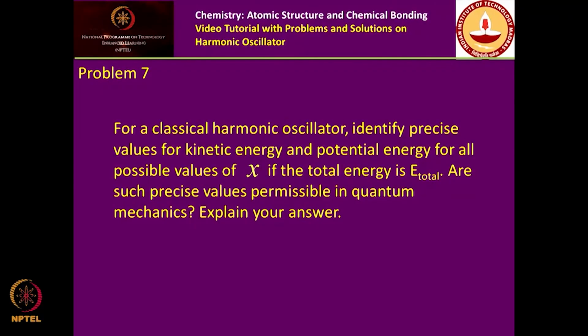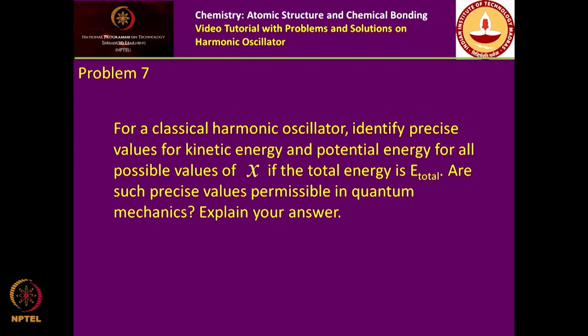This is called the minimum uncertainty state, and it is extremely important. The harmonic oscillator ground state obeys Heisenberg's uncertainty principle to its limit. It is not a higher uncertainty, it is not a lower uncertainty, it is the minimum given by Heisenberg's formula. That is important. Now, the next problem